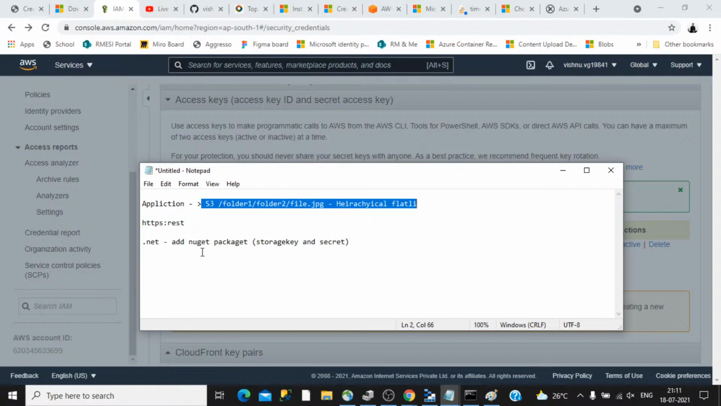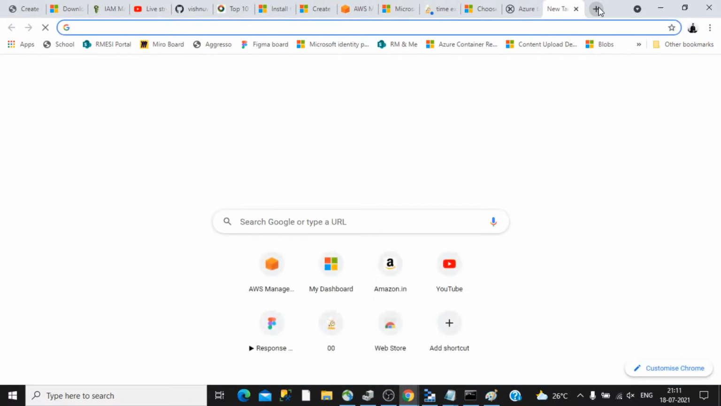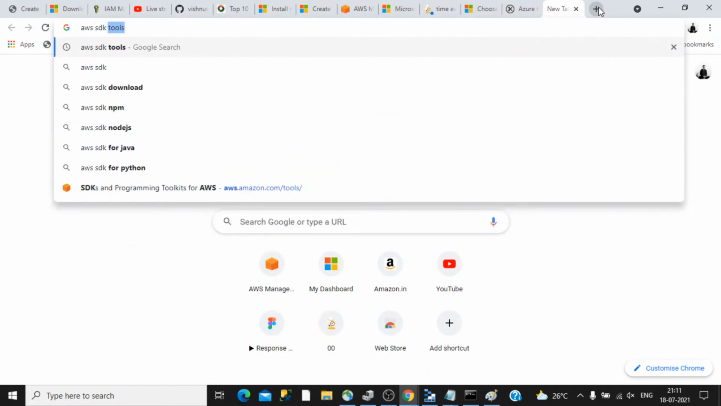Now with this access key ID and secret access key, your application will be able to connect to this particular cloud service, in this case Amazon. So how do you want to connect? As an application developer listening to this session, you might be thinking about how you can connect your application to this particular storage. The way to do that is to search for the AWS SDK tools,